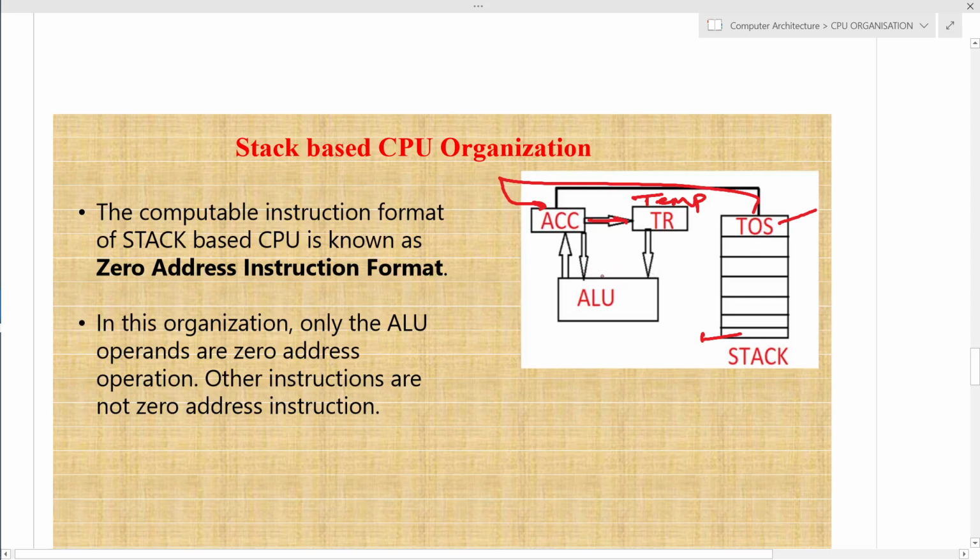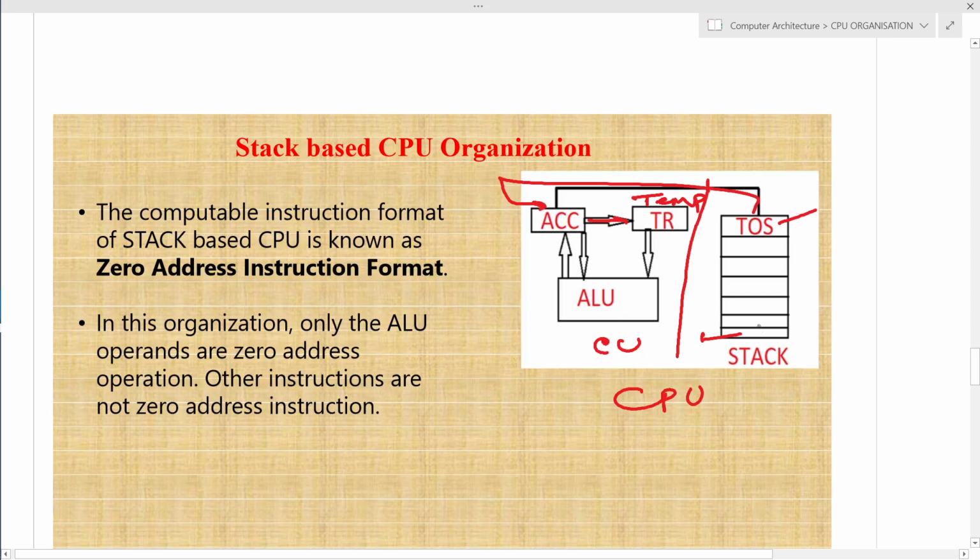So in case of stack based CPU organization, all the ALU operations are done by the CPU. This is my CPU and this is the memory part. There is another unit called the control unit, which generates the different types of control signals required for the execution of instructions. But here our focus is on the stack based CPU organization, and we are discussing the stack operation.